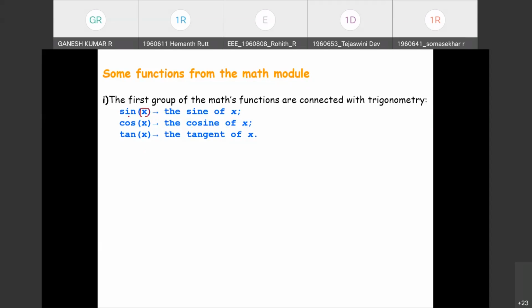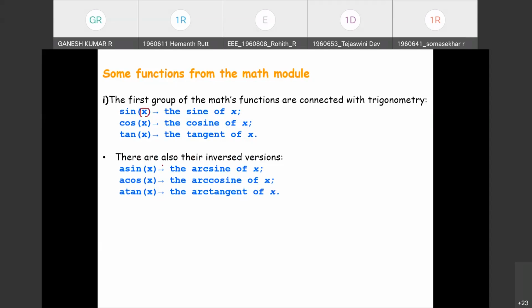So when we have normal or standard mathematical functions, of course, there are also their inverse functions. The inverse functions are called arcsine, with the prefix A, arcsine, arccosine, and arctangent. These functions accept one variable as an input and produce the inverse version of their conventional sine, cos, and tan functions. So these functions take one argument and return the measure of an angle in radians.